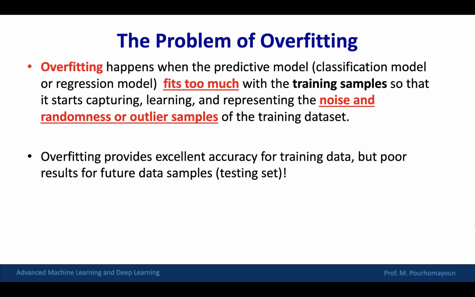As you remember, overfitting happens when the predictive model, classification model, or regression model fits too much with the training samples, so that it starts capturing, learning, and representing the noise and randomness or outlier samples of the training data set.